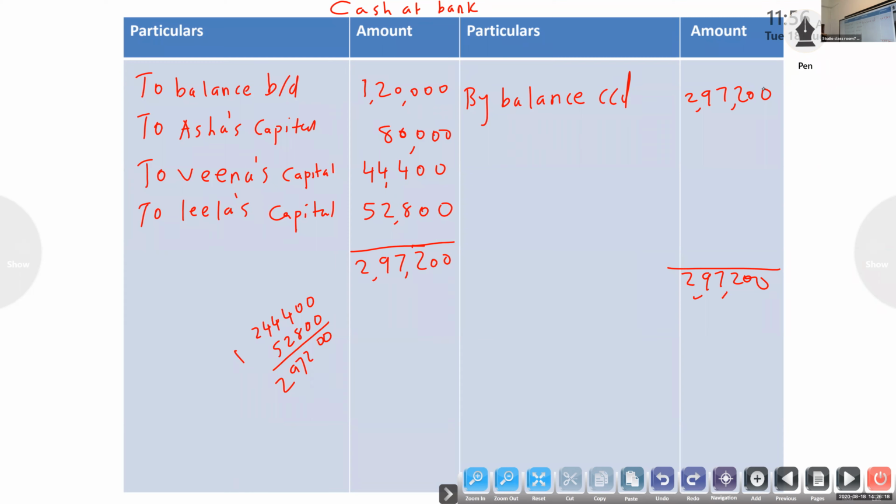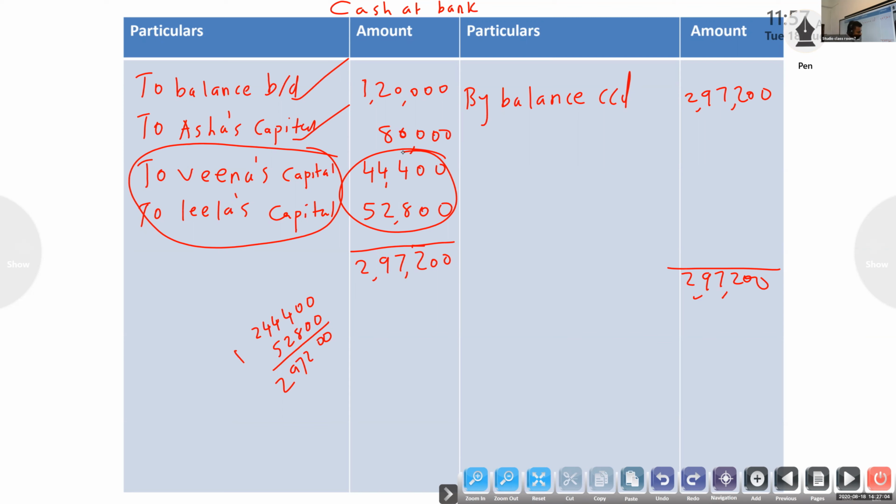Clear? Any doubts? Opening balance, he brought capital. Normally, two other extra items are coming: if a new partner brought goodwill, and if it is withdrawn by each partner's capital account. Here the capital account was adjusted through cash, that's why it came. If it is through current account and loan account, it won't come here.